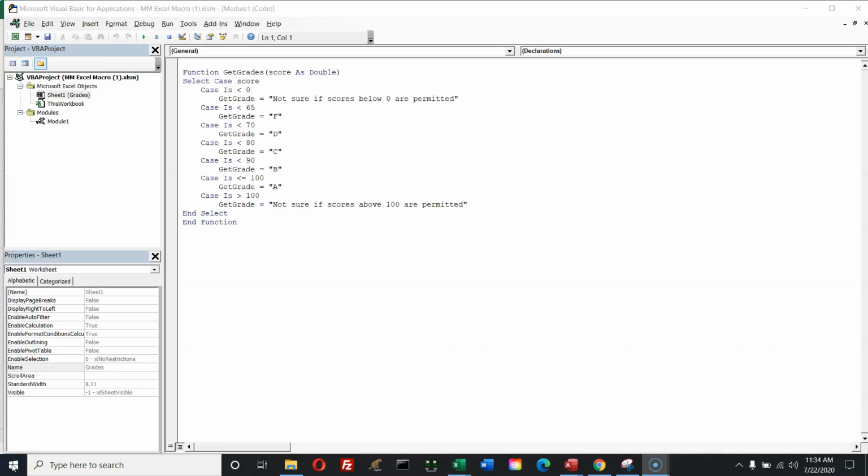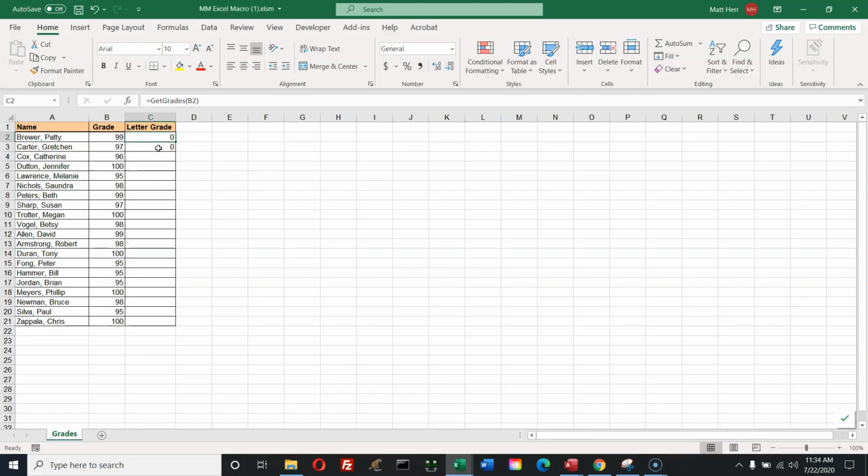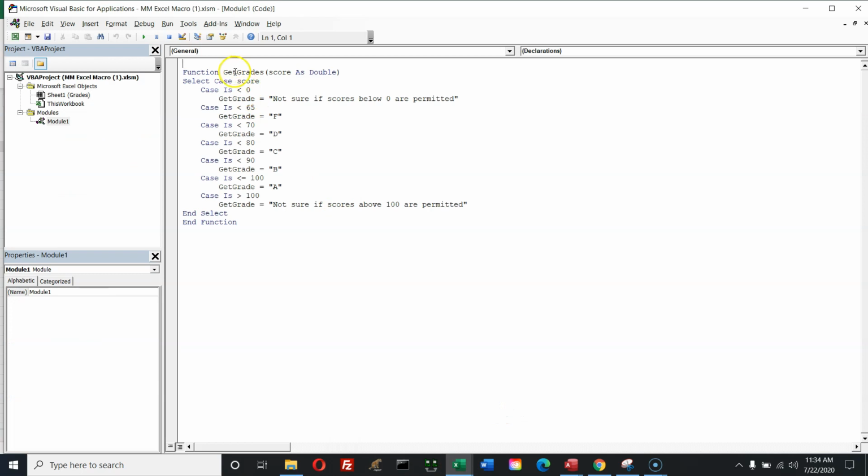And now we have one more issue. So if I come back here and I show you what's happening, you can see that you're getting zeros. And I just looked. And guess what? If I look at your function name here, getGrades, it doesn't match. So this doesn't match this. And so that's why it's coming up with a 0. So if I copy this and I paste this in here, or maybe better yet, I'll just change that, getGrade, and make sure that all the other ones are the exact same spelling. I'm going to save,